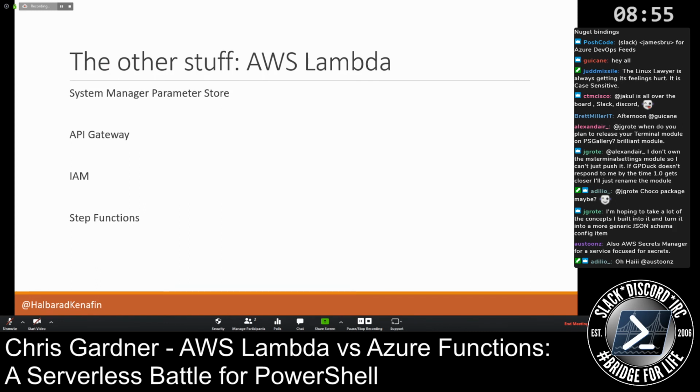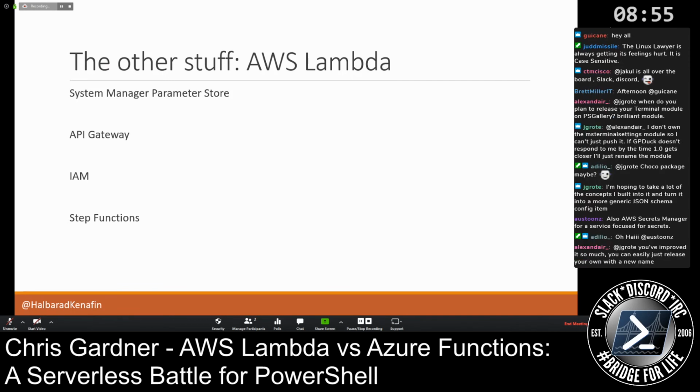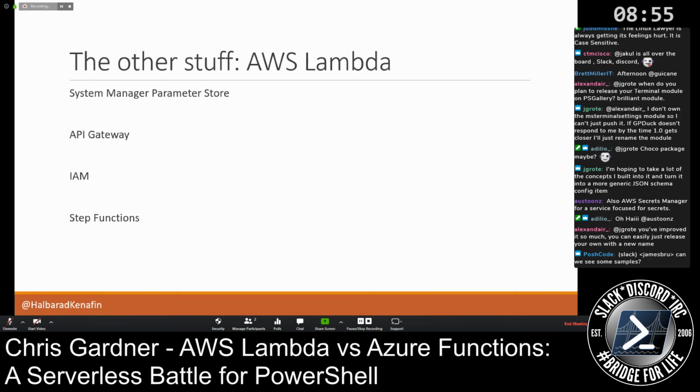And just like Azure has Logic Apps, AWS has Step Functions. Same idea. I have a bunch of steps I want to perform, which might involve triggering a Lambda, waiting a while, triggering the Lambda again with some different input to figure out what's going on, talking to other services based on whatever different input I've got. So Step Functions are really cool for that.